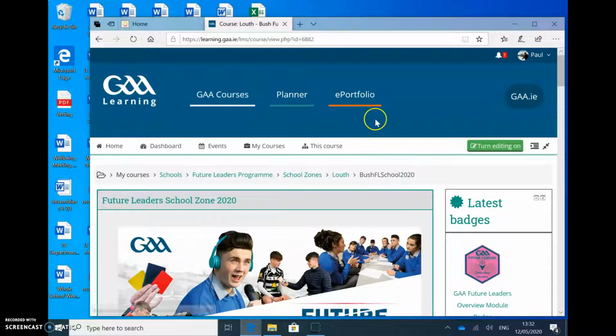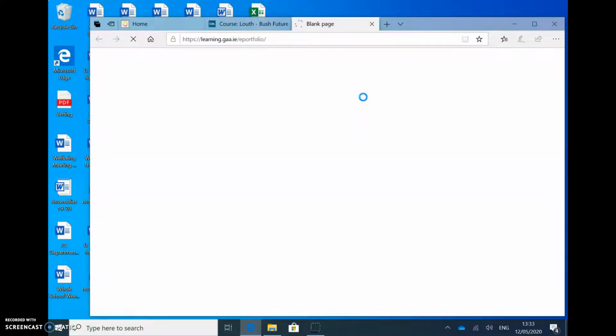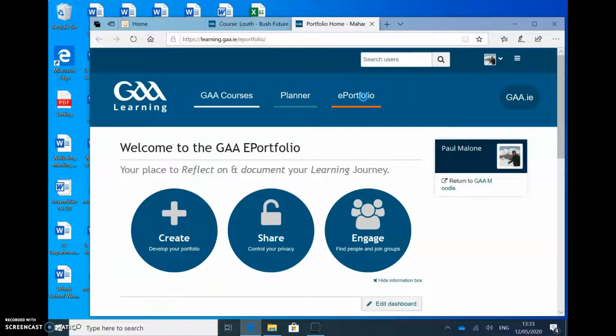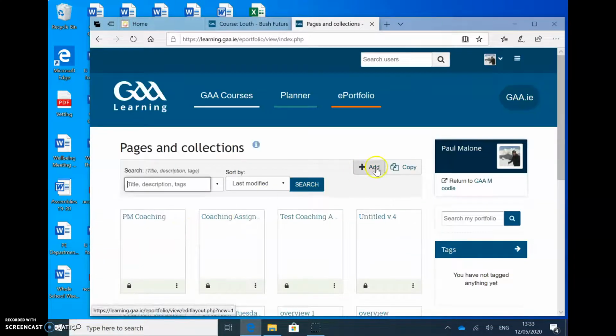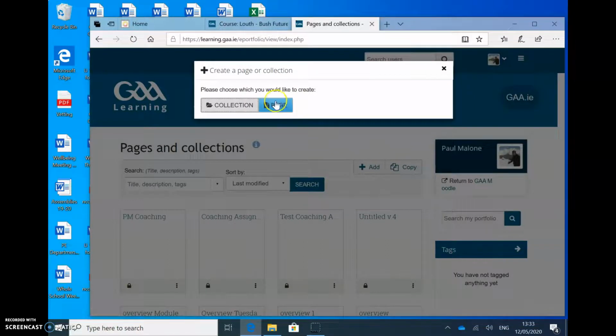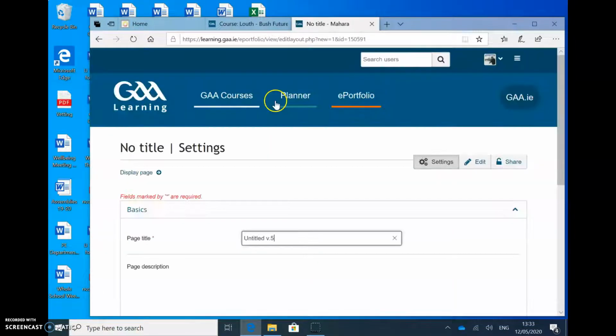First thing you need to do is to create your own coaching page. So you click on the top page called ePortfolio, because that's where you're going to lodge the page to upload your task. So click on ePortfolio, and what you need to do is create a new page. So you create, and you call add. You want to add a page, and you're going to call the page